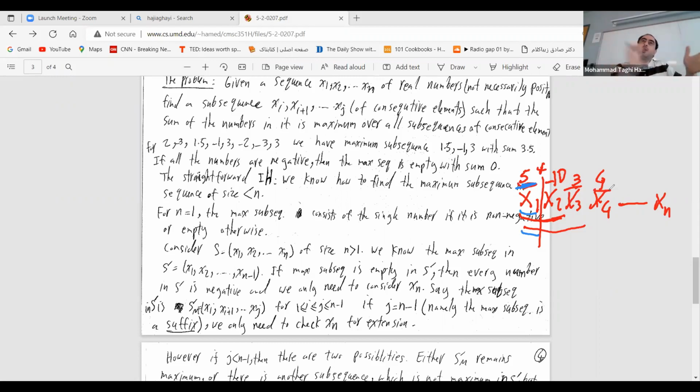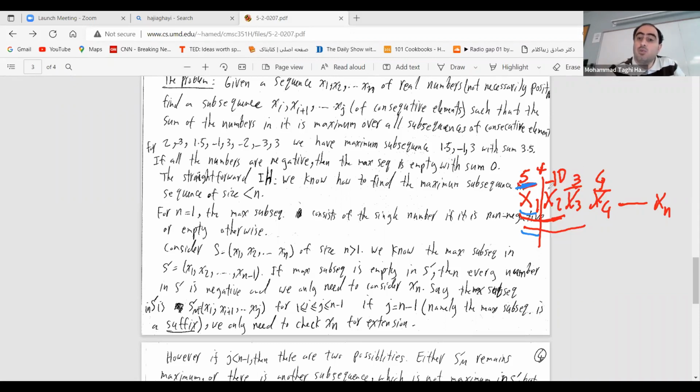So one idea for induction is that I will keep the maximum subsequence that I had so far. Good? Of course, when I came there, I knew that from i to j, from 1 to 1, that was the solution. Here, I'm coming to x4. What is the solution in this case? Is it 12? Where did you get 12? Okay, so that's 9. No, it should be a consecutive subsequence. It is not consecutive.